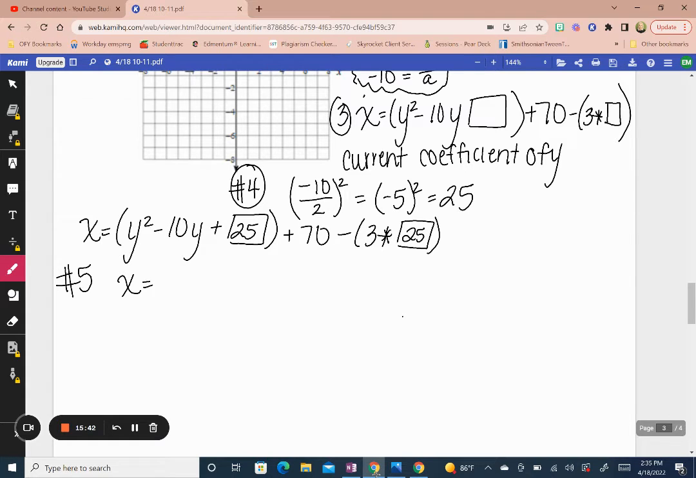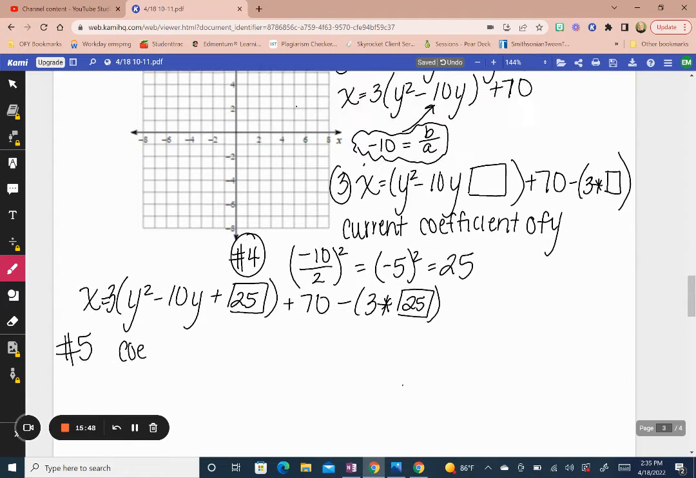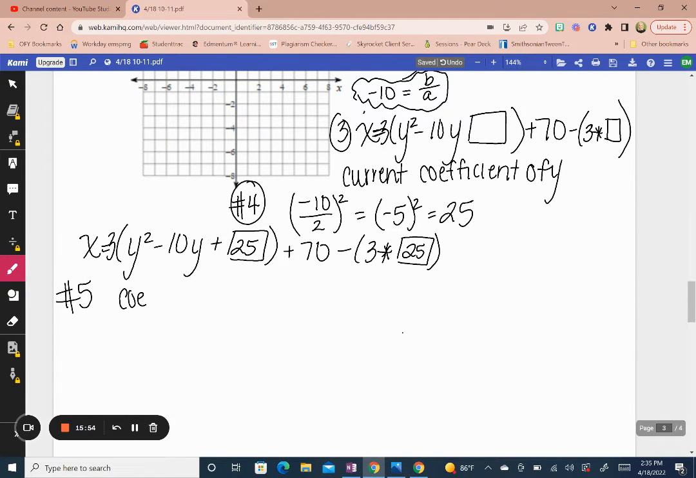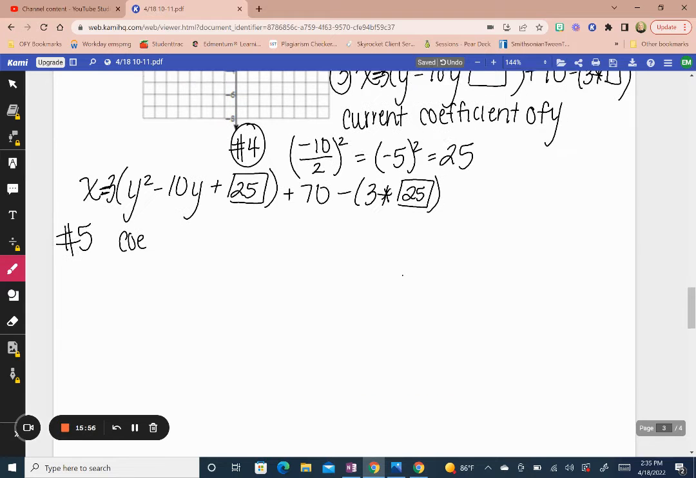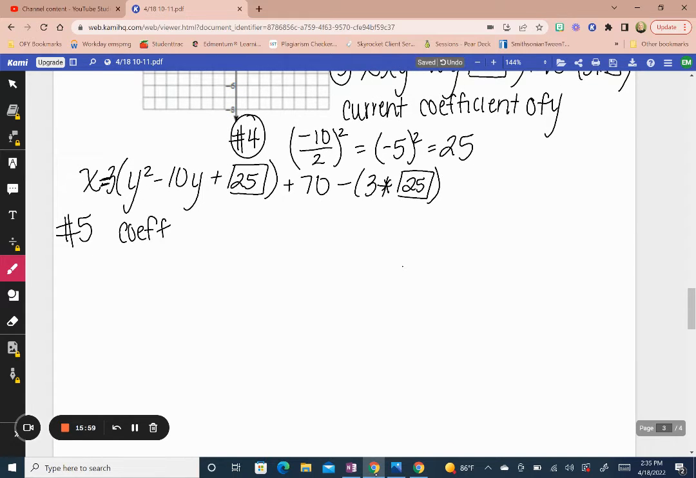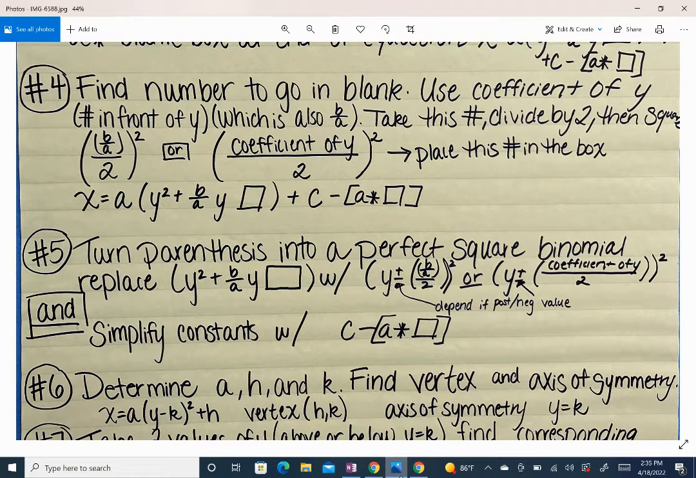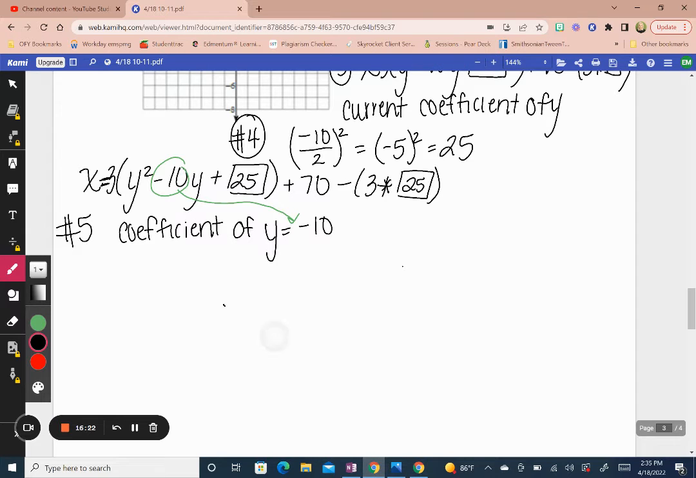So you can see that my coefficient, I forgot my A. Okay. So my coefficient of y is equal to negative 10. How do I know this? My number right here in front of y is negative 10. Okay, so right here it says it's going to be y plus or minus the coefficient divided by 2. Plus or minus just based on the value. So it's going to be